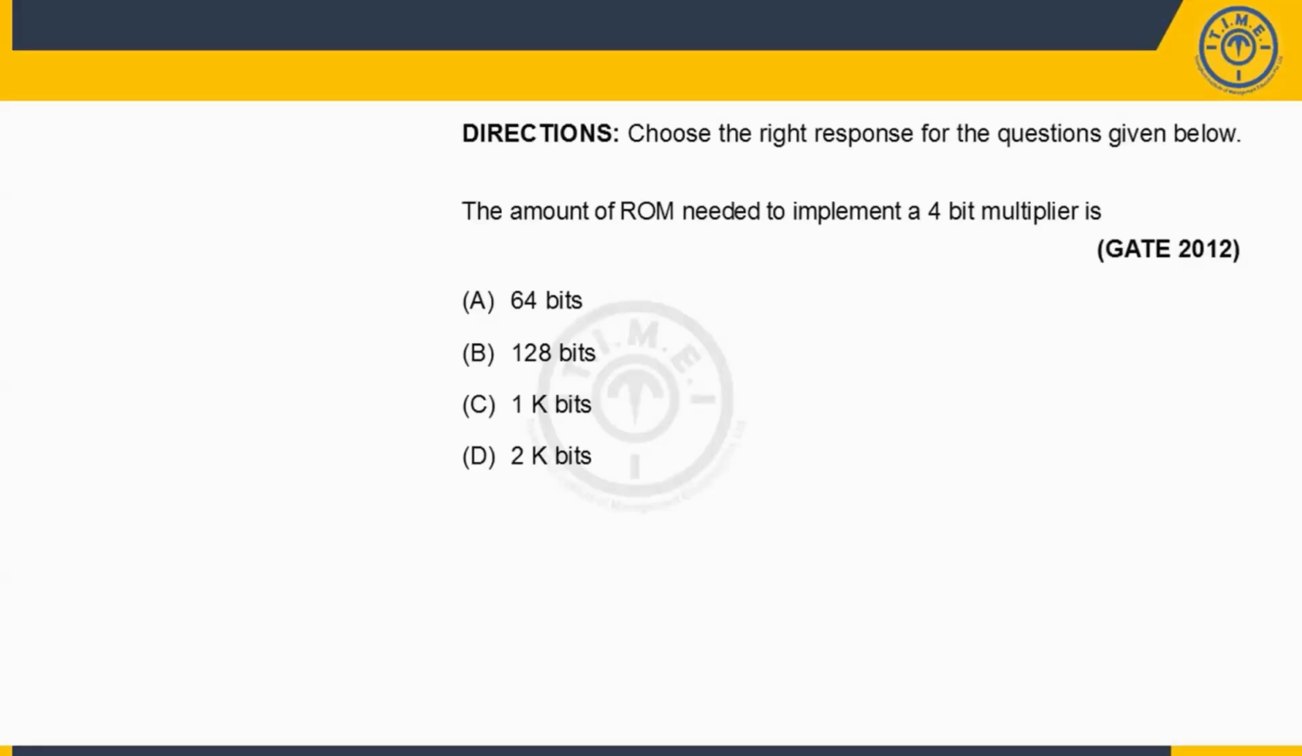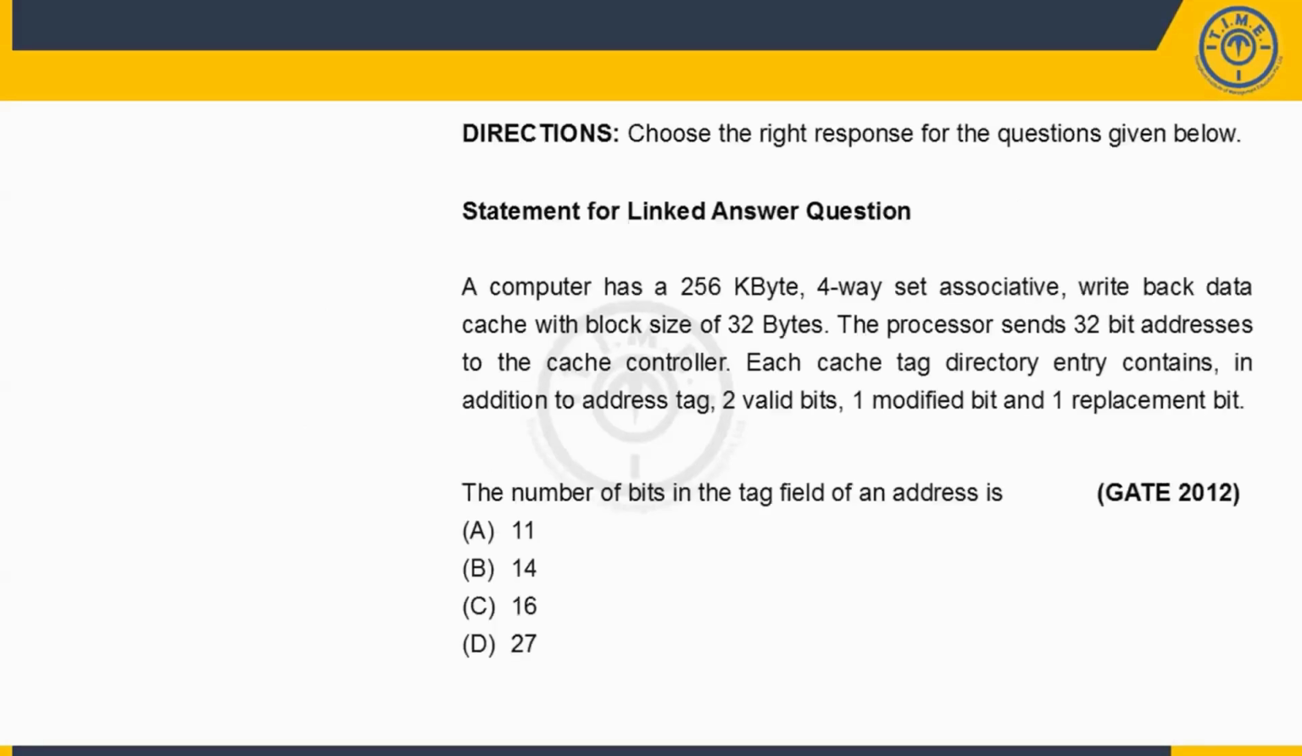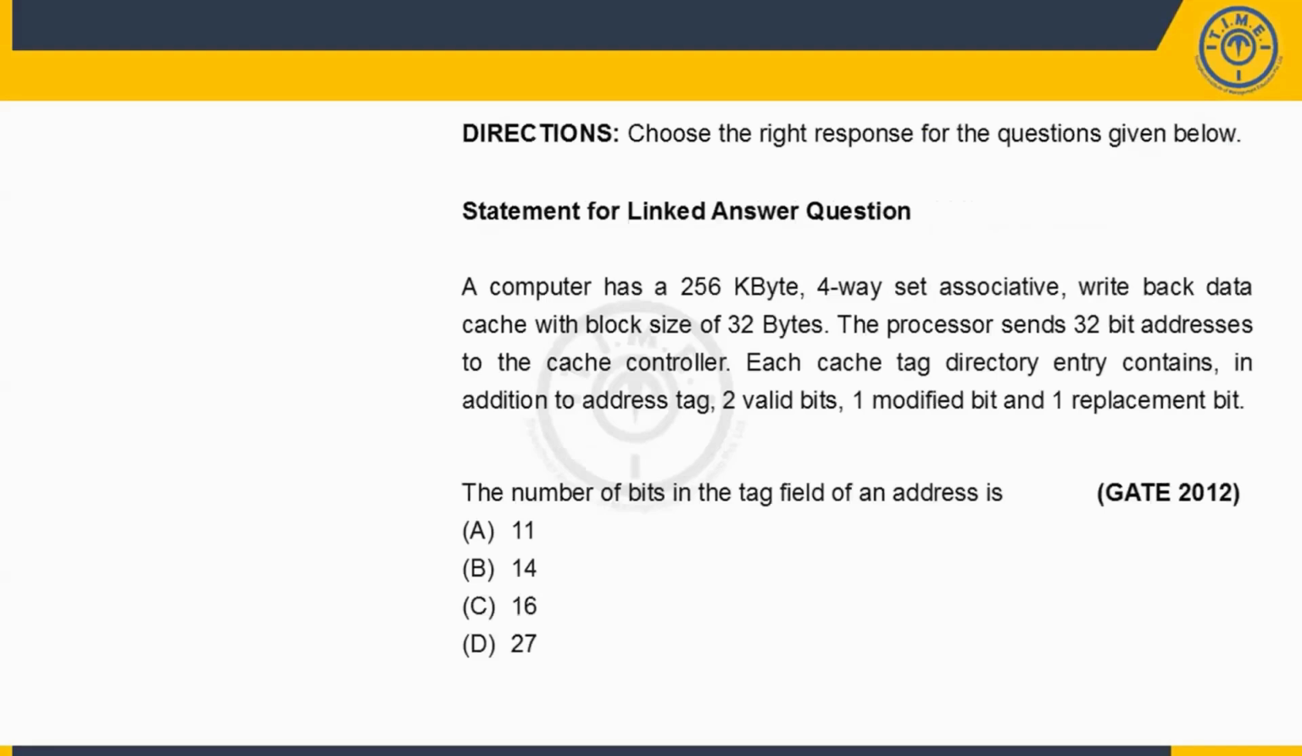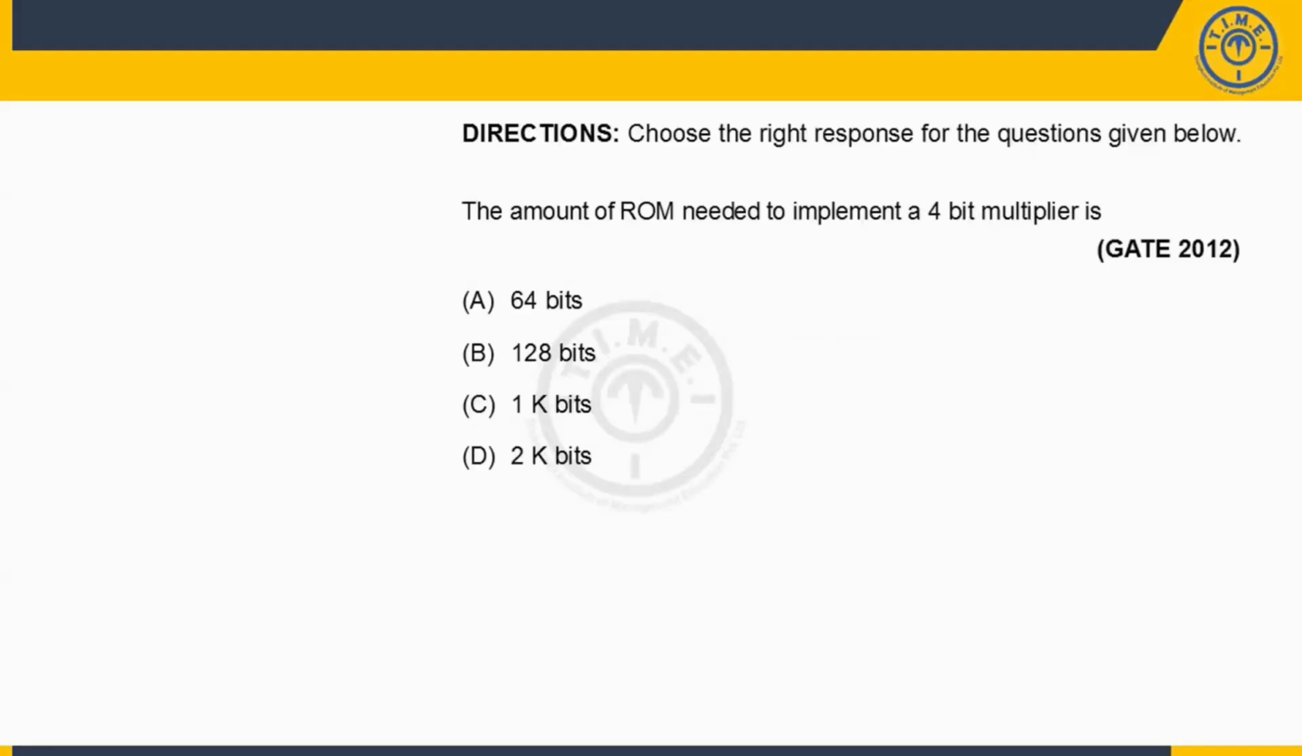Next question. Do you know how to solve this? The amount of ROM needed to implement a 4-bit multiplier is... Simple. So very simple, although it's a digital logic question. See, we need to